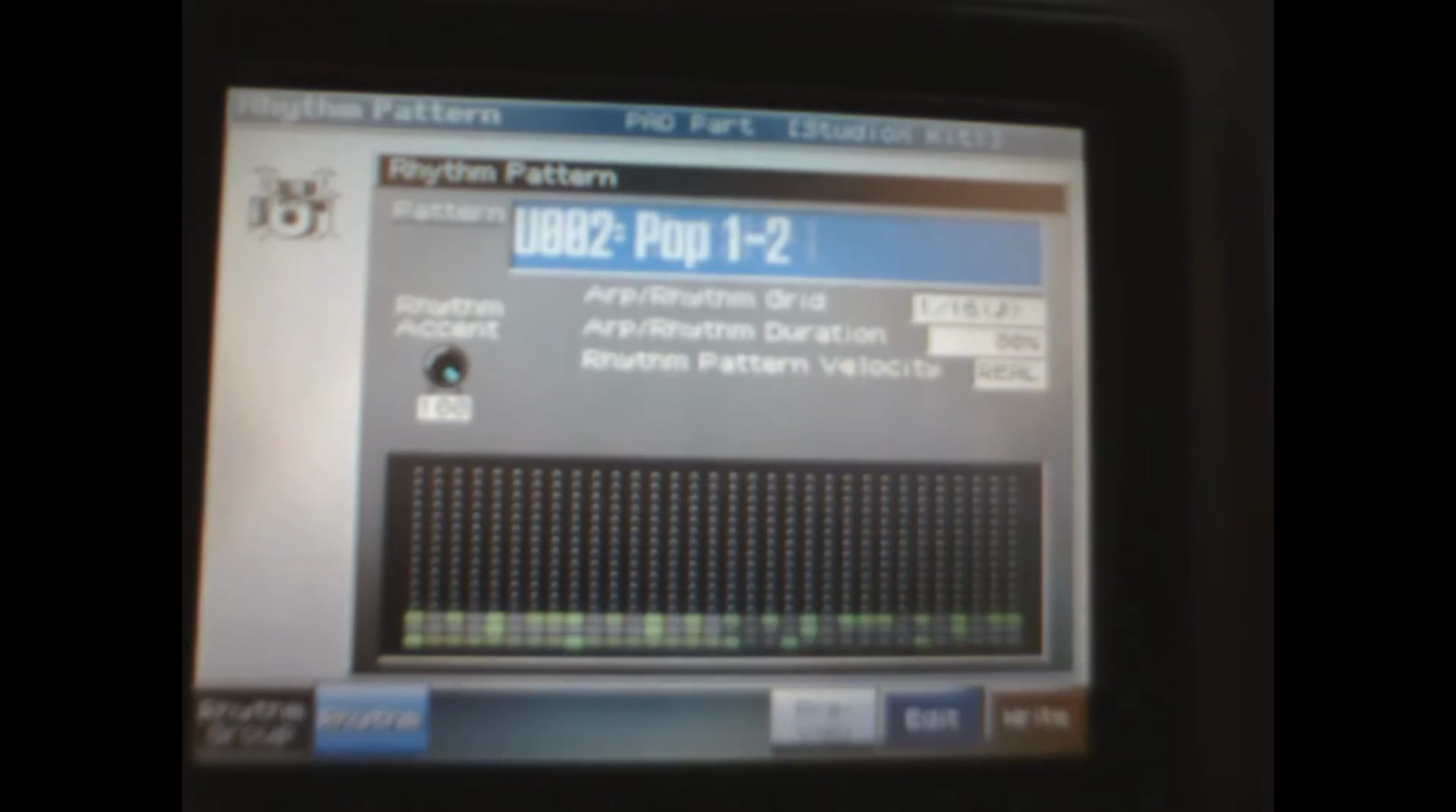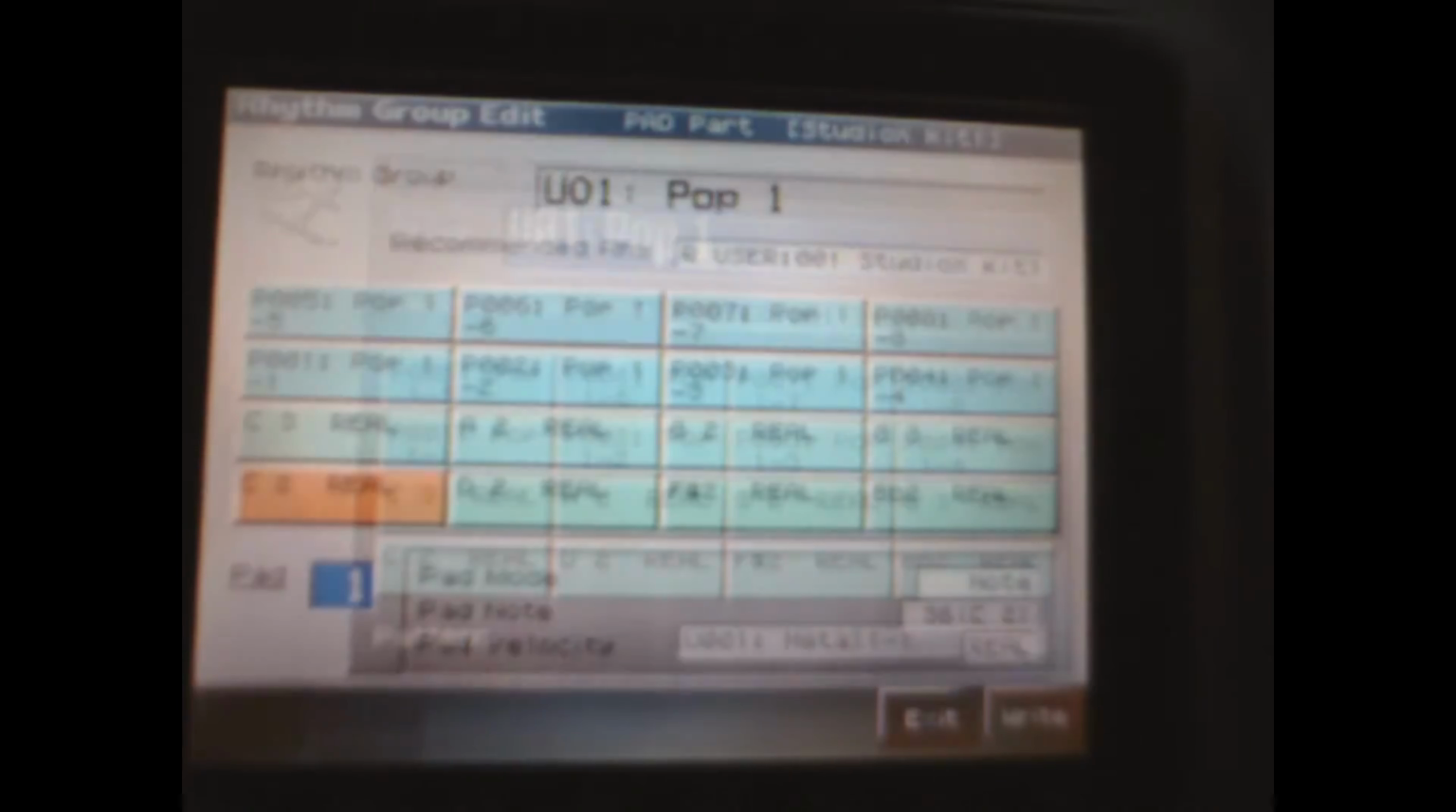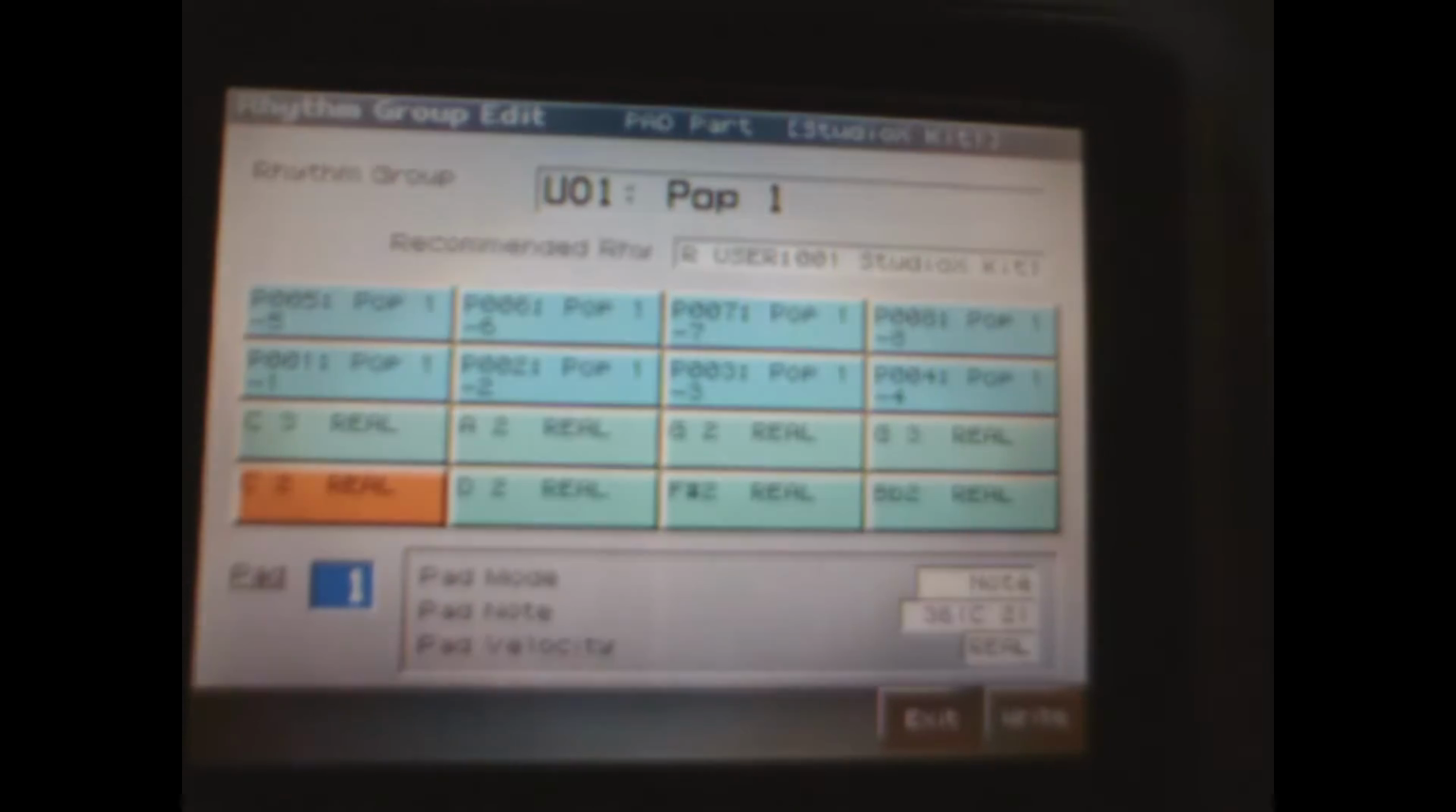Okay, and then repeat the same procedure on the next number 2, 3, 4, all the way up to 8. So that's your first user bank. And if you press F1 to go back to rhythm group, and then press F7, edit, and then here we have in the bottom left pad number 1, so we want to change pad number 9 to the beat that I just created. So if you just use the scroll wheel or the increment decrement buttons, so that's number 9,